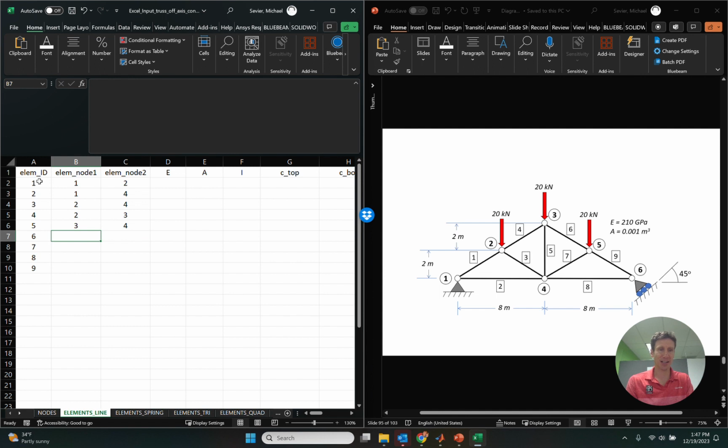Element 6 connects, where's element 6? 3 and 5. Element 7 connects 4 and 5. Element 8 connects 4 and 6. Element 9 connects 5 and 6. Alright, it doesn't matter really which one is node 1, which is node 2, as long as you have the